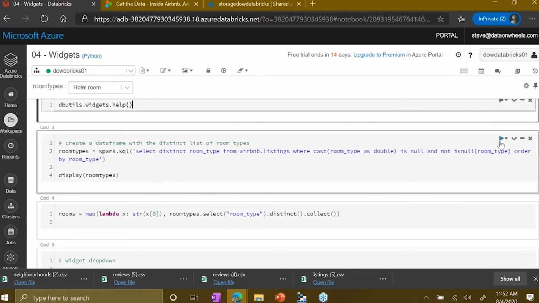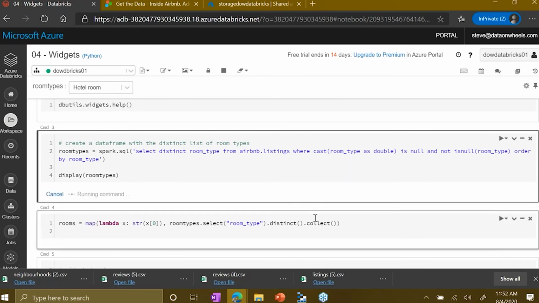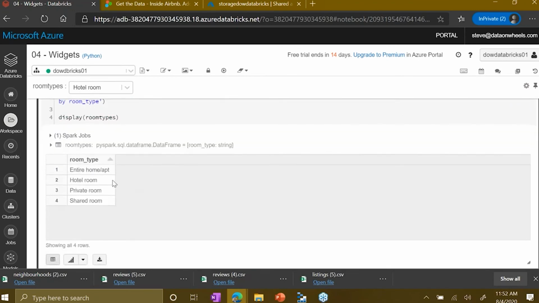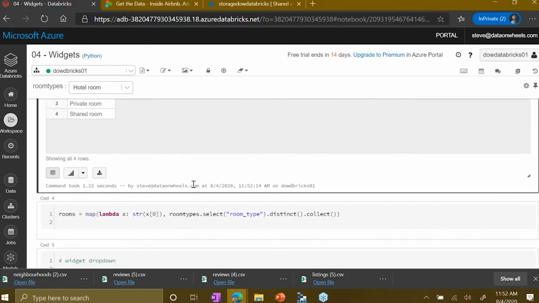So let's go ahead and do that. This is basically going to pull all that up and display those room types for us so we can see what we get. And here you can see there are actually 4 room types that are available to us. All right. Now we're going to